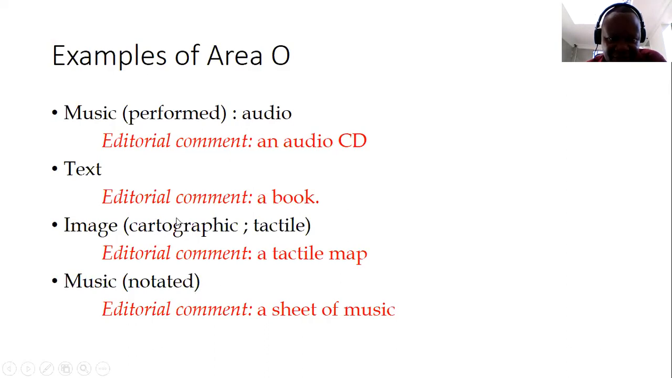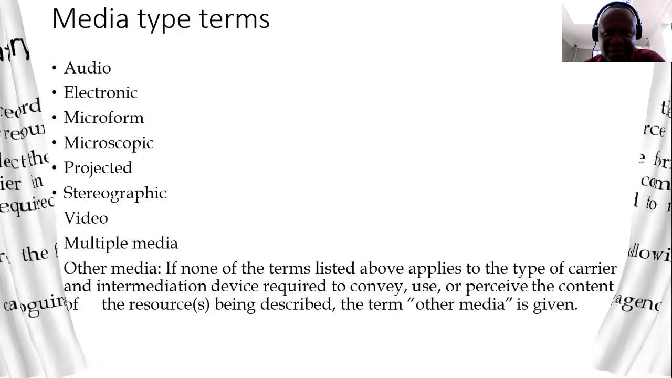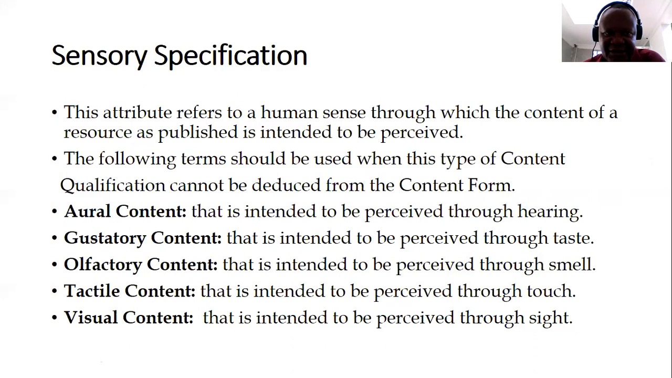And then music can also be notated. Like those images we saw, the notated one is different from the performed. So the comment they are giving on this is a sheet of music. It is like one page of music with those signs we saw earlier. In case we are cataloging that, and then that is how we shall record area O. And you'll notice that I keep on moving back and forth. I'll go backwards to where we were to look at the